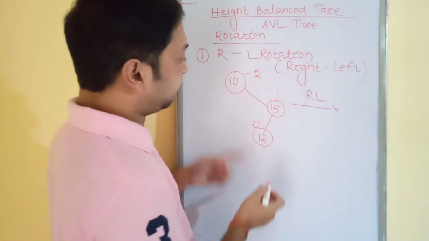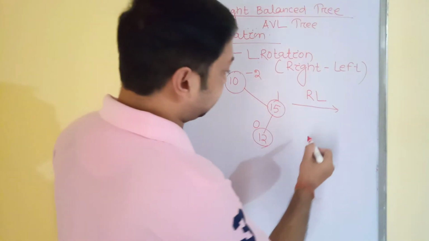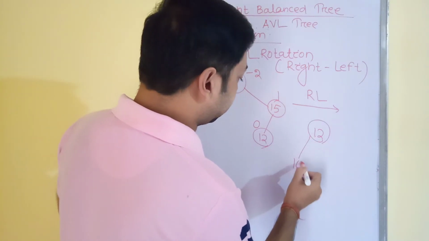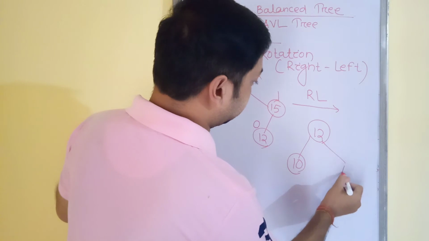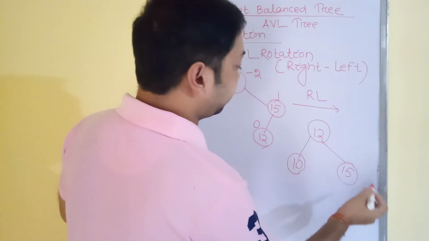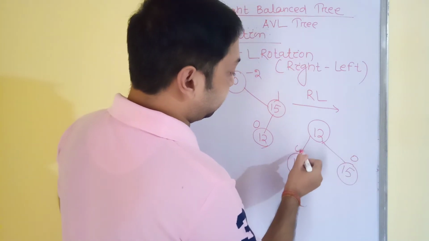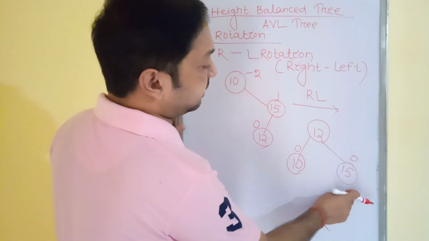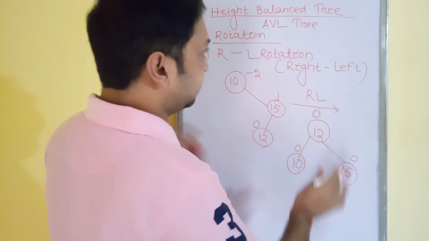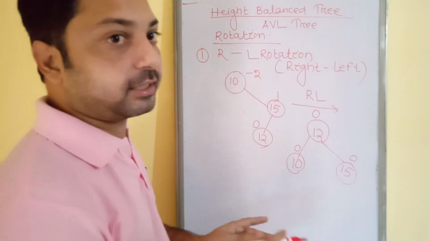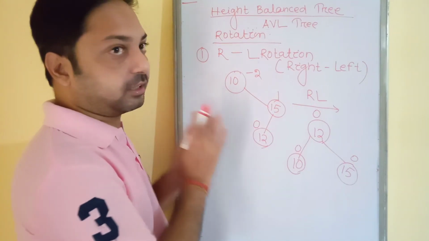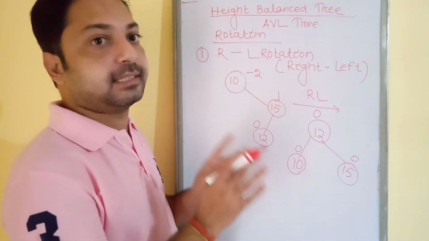15 is the largest one, 10 is the smallest one. So in between that 12 is there. So put the smaller one on the left hand side, the larger one on the right hand side. So again you can calculate 15, 0, 0, and for 12 on the left hand side one node is there, right hand side one node is there. So 1 minus 1, again it is 0. So these are the 4 different rotation techniques you need to apply when a particular node or a particular tree is unbalanced.